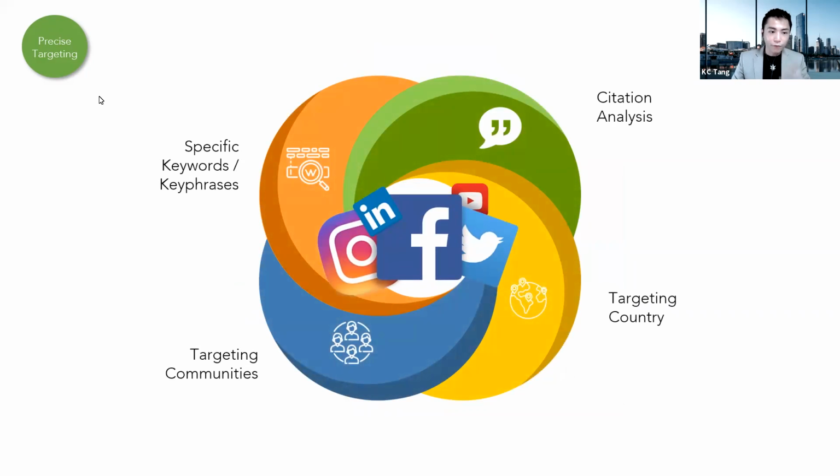So there are 4 areas. Some guidance or tips on how we can narrow down and find the right audience that we wish to target. So we start off by analyzing a few keywords. We come up with specific keywords for certain papers, and match it up with some key phrases as well. Or in digital marketing terms, they call it long tail keywords, because sometimes a keyword by itself means very little, and it's very wide.